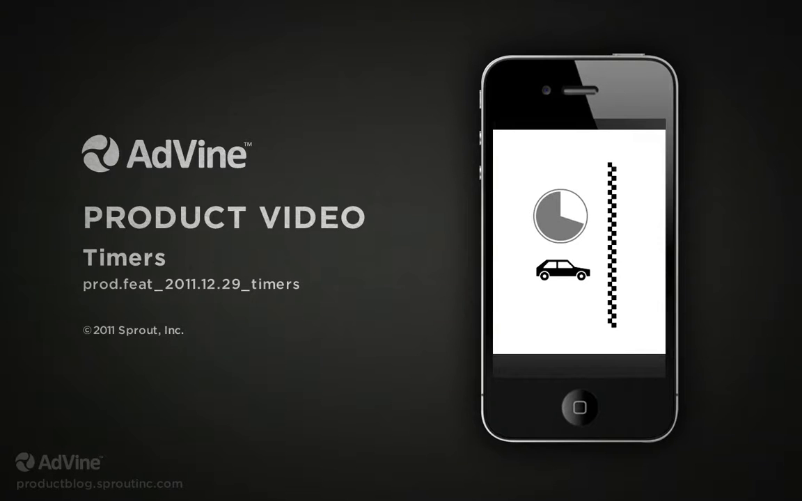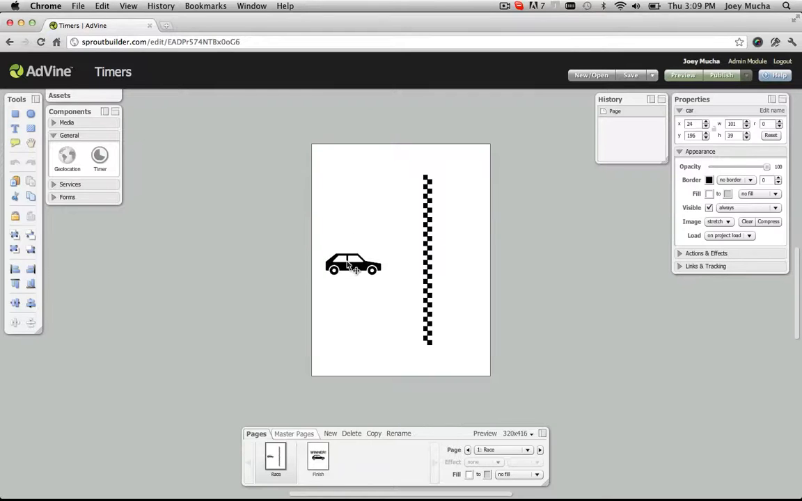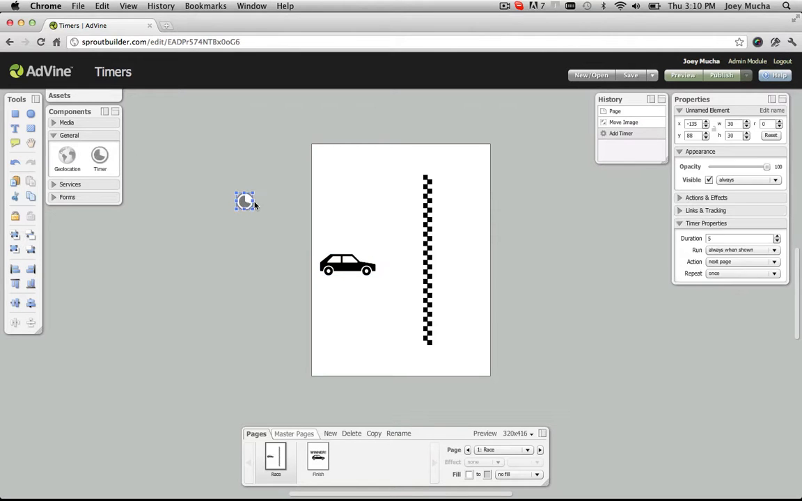In this Sprout product video, I'll show you how to use timers. Timers are used to run custom actions after an elapsed duration. For example, I can move this element across the screen after 2 seconds by adding a timer and customizing its